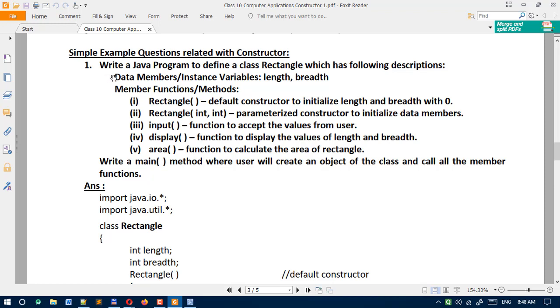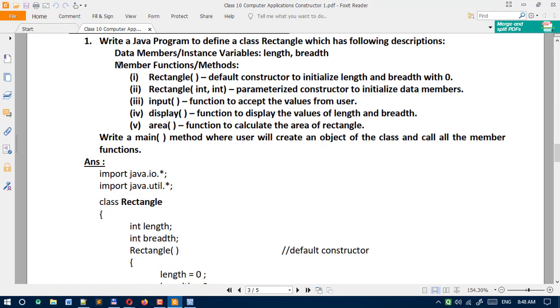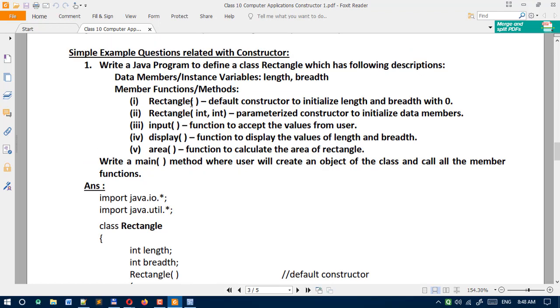Here the data members and instance variables are fixed. Keep in mind, data members and instance variables are the variables which we use inside a class. Here the same two variables, length and breadth. Second, member functions or methods. Here we have to define these five functions. First one is rectangle, which has the same name as the class name, so it is a constructor.